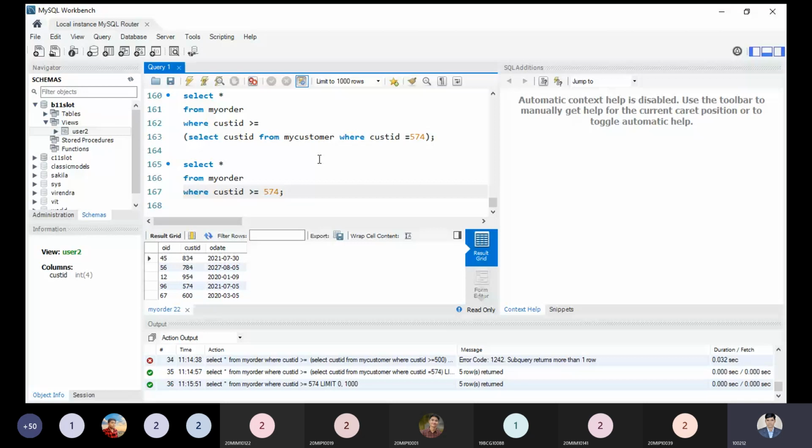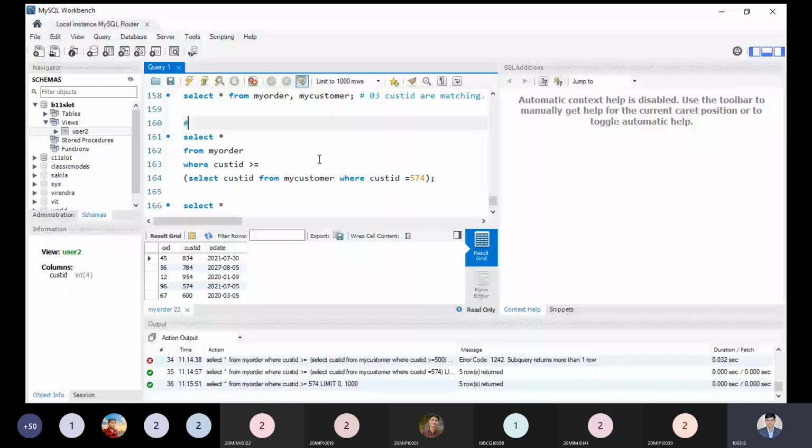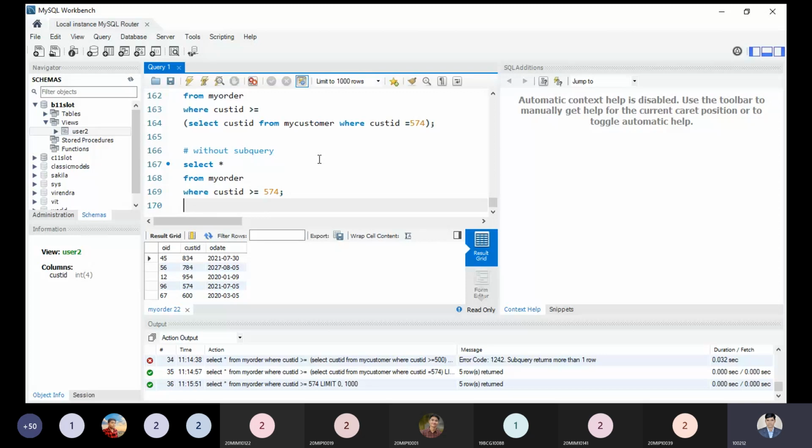We can write, see, this is, let's say, represented by the with subquery. Same output we are getting. Okay, with subquery, and this is the same thing we are getting without subquery. So you can also use any other operator, whatever you want to use. You can apply any other things, whatever you like. Okay, so it's your choice for making the subqueries.